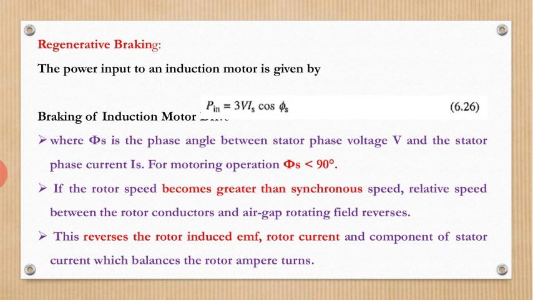Regenerative braking, as I discussed in the previous lecture session, is where the machine acts as a generator. I repeat, the motor acts in the first quadrant as a motoring operation. During regenerative operation, that is quadrant 2, the power developed by the machine, because the machine is acting as a generator, is fed back to the supply. So this is called regenerative braking.